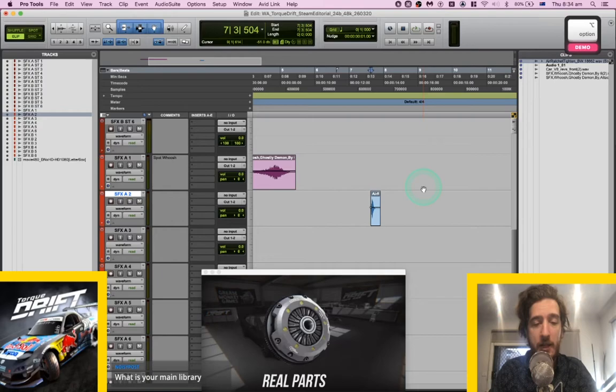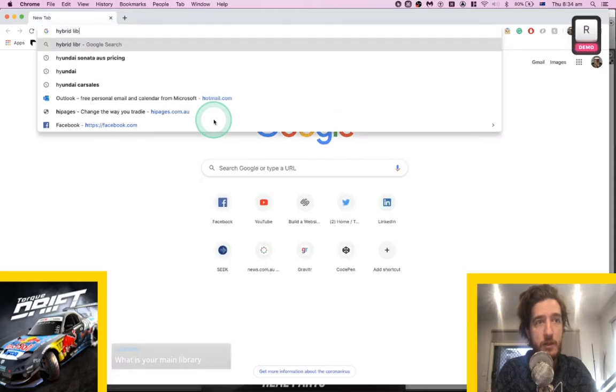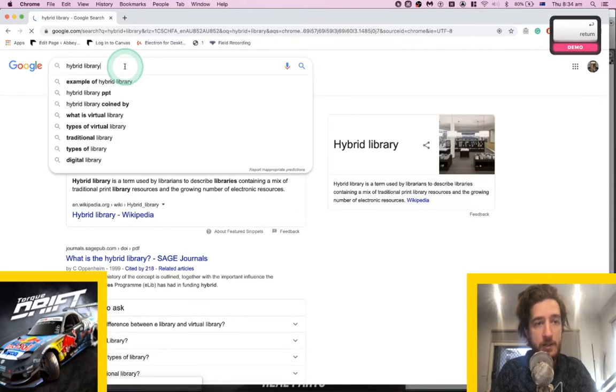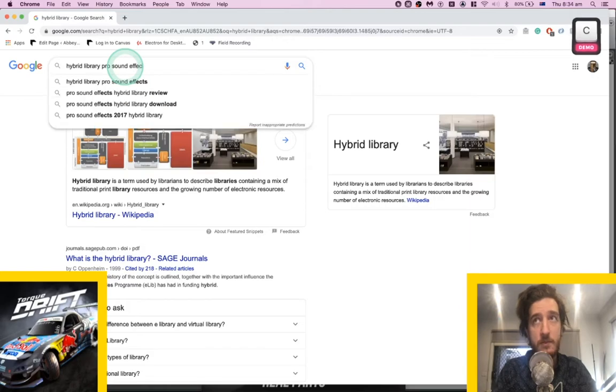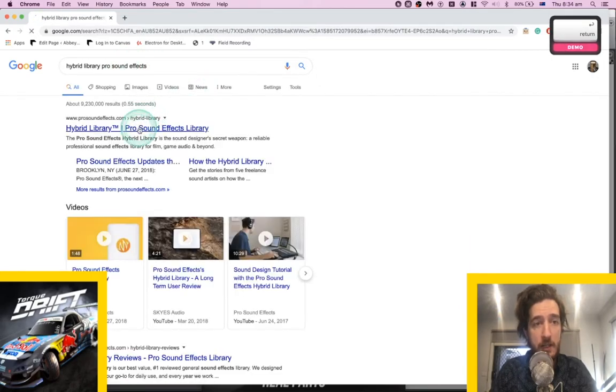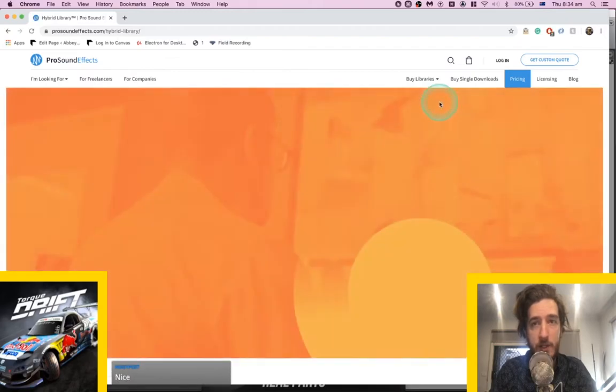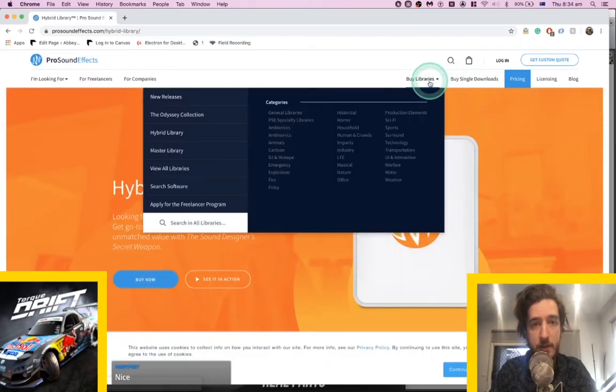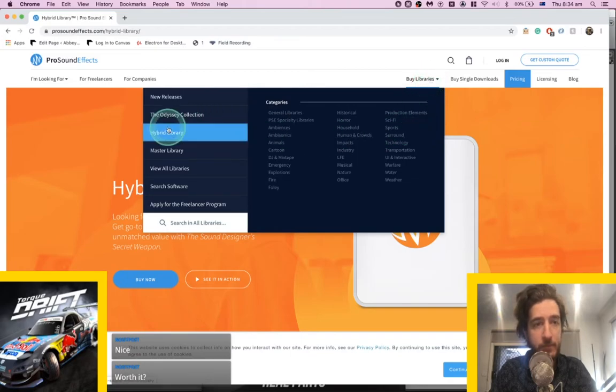Main library is Hybrid Library from Pro Sound Effects. And then it's many other little ones, but I've got to remember which one it is. By libraries, Hybrid Library.